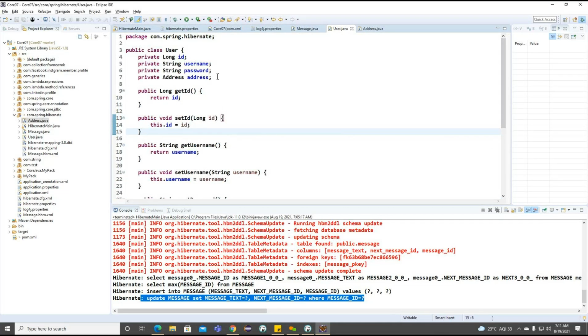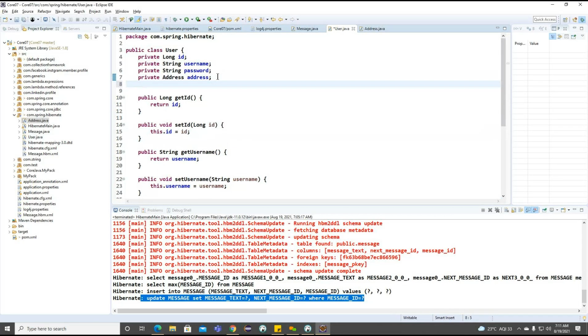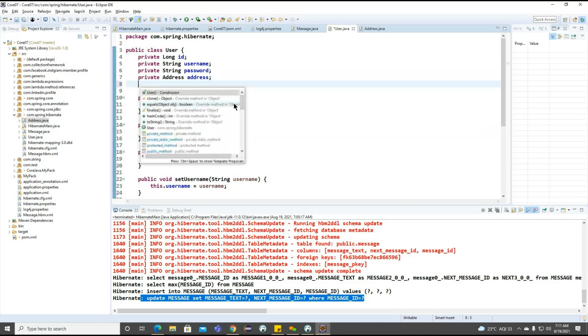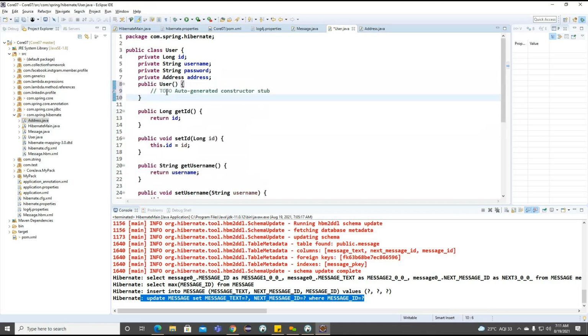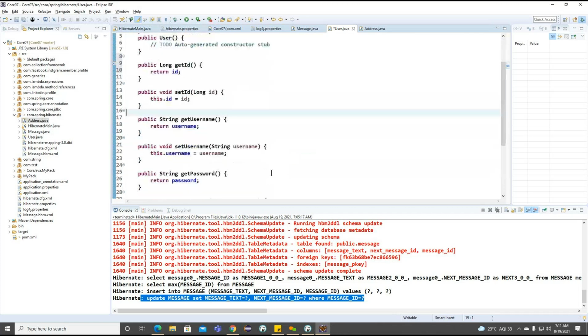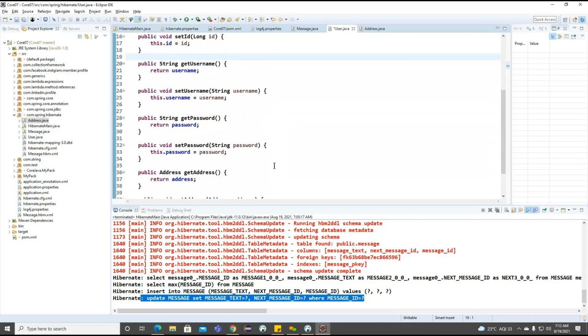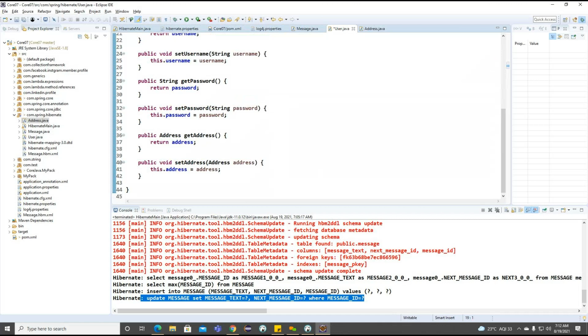And let me create a default constructor as well. And we created the default constructor and some of the methods here. So set method, get method, as well as set address and get address. These are the address methods we created here. Okay. So later we'll discuss the address related information.